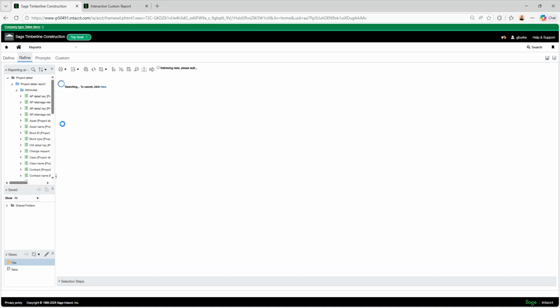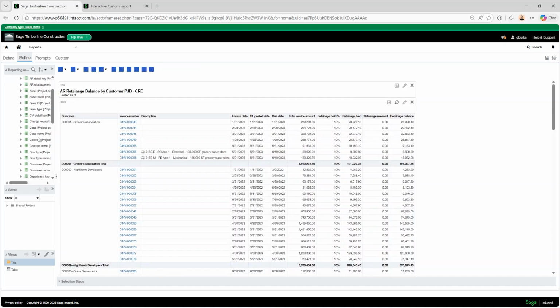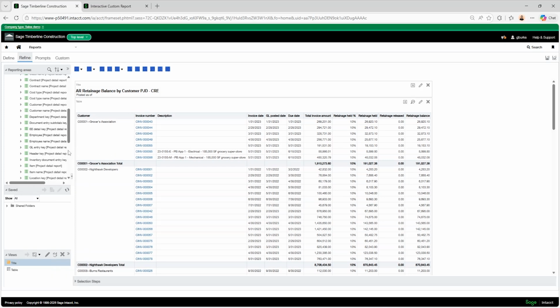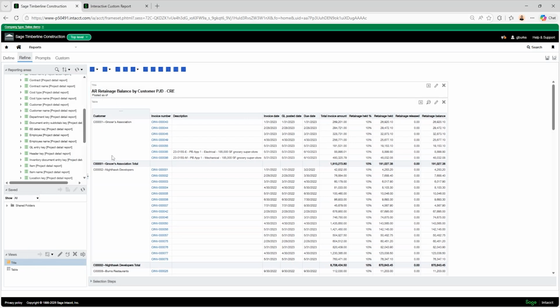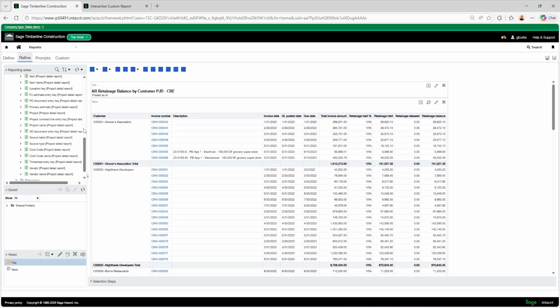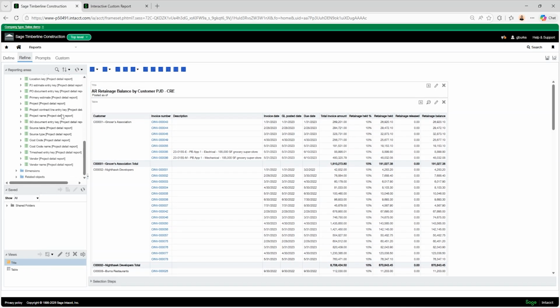And then in any project detail reports, there's a lot of project information up here. Let me make this a little bigger and easier to read. But that's not pertaining to the invoices we want to look at. So I'll go down to this related objects folder.